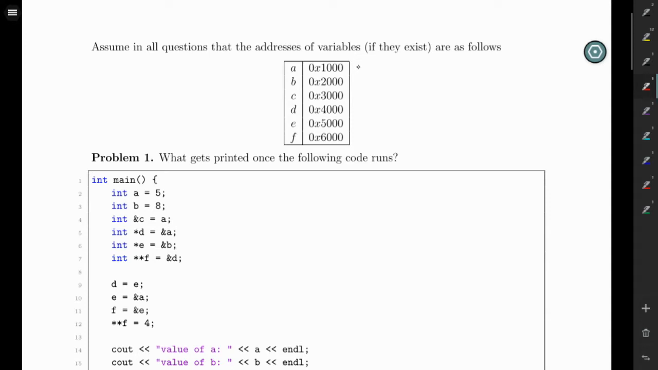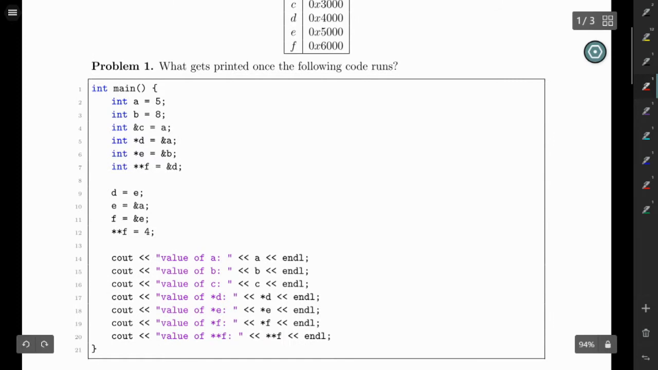What we are told here is we have 6 variables, A through F, and once those have been declared and initialized, they will be stored at those addresses in memory. For simplicity, all addresses differ from each other by 1000 in hex. Then we are given some code, and first the variables are declared and initialized. Then some changes are made to them. And finally we have some print statements, and we're being asked what those print statements would print